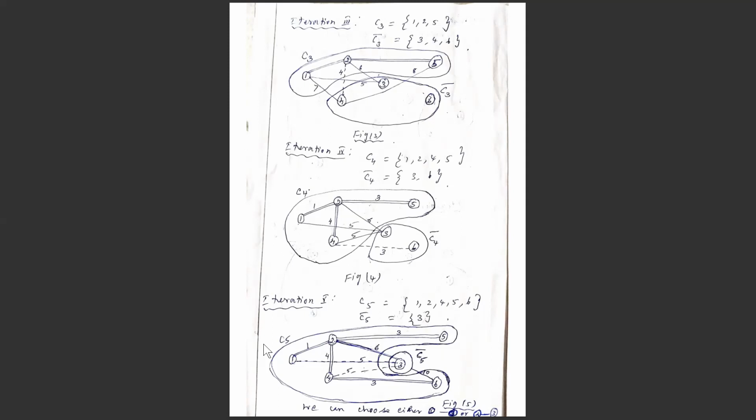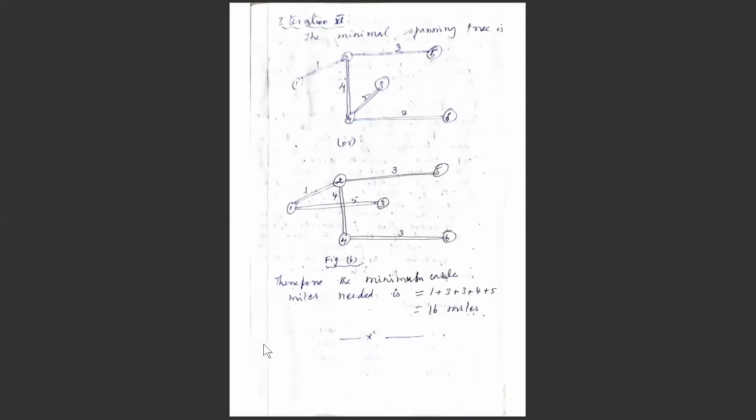Now the distance of node 3 from node 1 is 5 miles. And also the distance of node 3 from node 4 is also 5 miles. Same distance. So we can choose either the path 1 to 3 or 4 to 3. As a result, in the next iteration, the minimal spanning tree is, so we can take both the options. So the minimal spanning tree could be 1 to 2, 2 to 4, 4 to 3, 2 to 5, 4 to 6, or